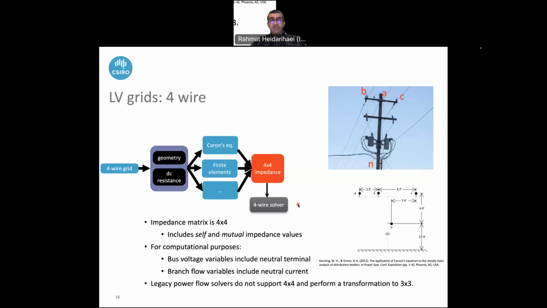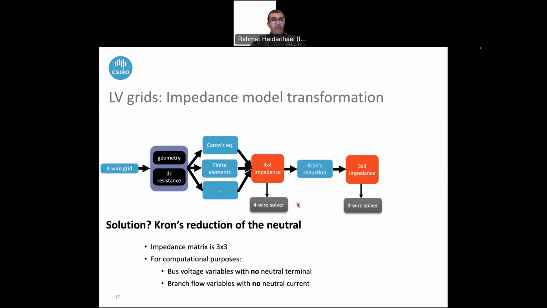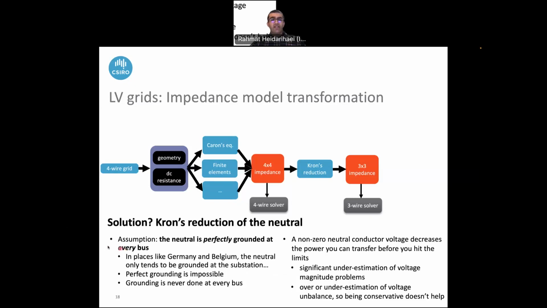However, legacy power solvers do not support 4x4 matrices and perform a transformation to change it to 3x3. Kron reduction is a solution that is commonly used, where the impedance matrix is 3x3, the bus voltage doesn't have the neutral terminal, and the branch flows don't have the neutral current. However, the strong assumption here is that the neutral is perfectly grounded at every bus in the network,